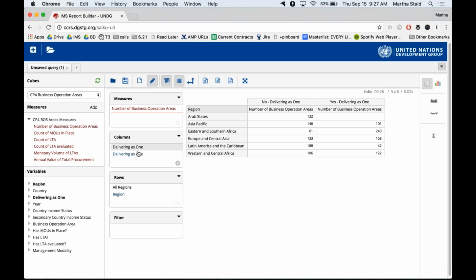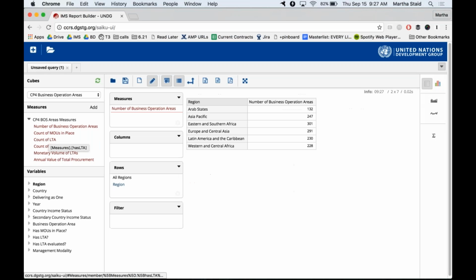I also want to talk about how you remove data. Let's say, hey, it's actually not useful to me at all to see delivering as one by region. That's more of a country level piece of information. I've changed my mind. It's very easy. You just drag this out of the box and let go, and poof, it disappears. And that's gone.